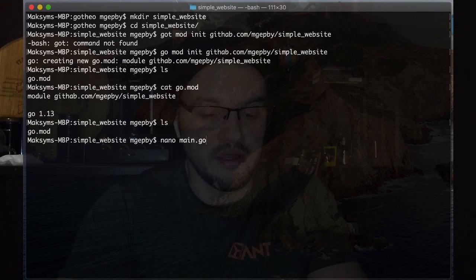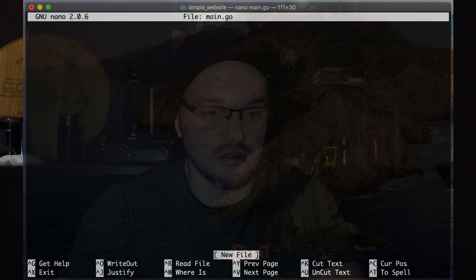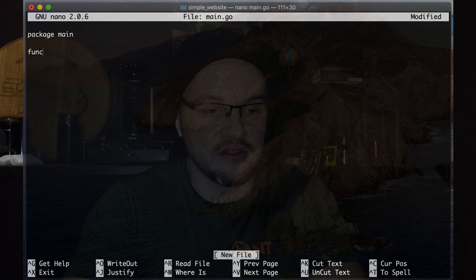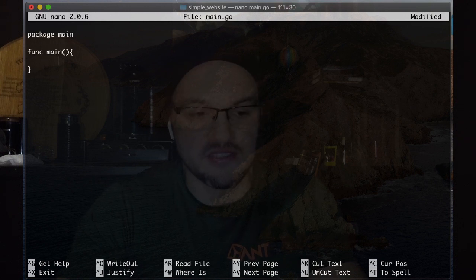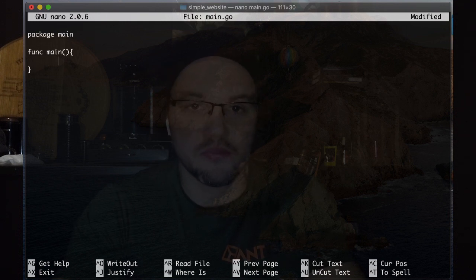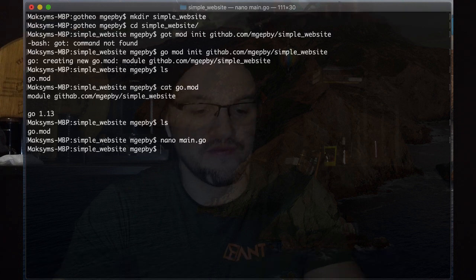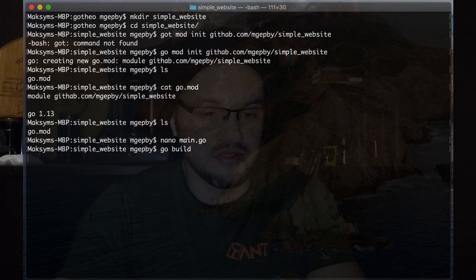Okay, so we have the folder, we have only one file, go.mod, for our modules, and now we will create the first file, which is main.go. Let's just define the package name. We'll define func main. So if you're familiar with the basics of Go, you know that this is the least you need to do in order to build a very simple Go binary. So after this is done, we can run go build,